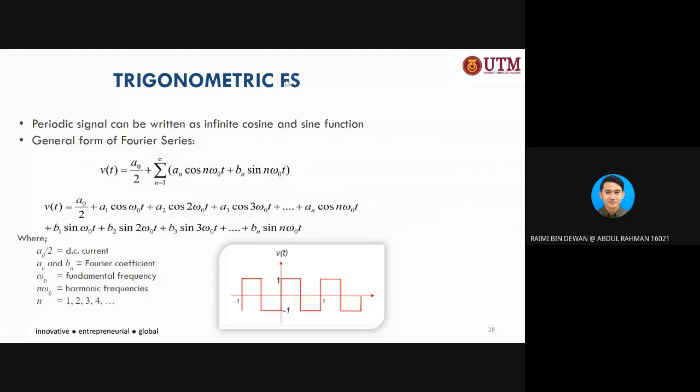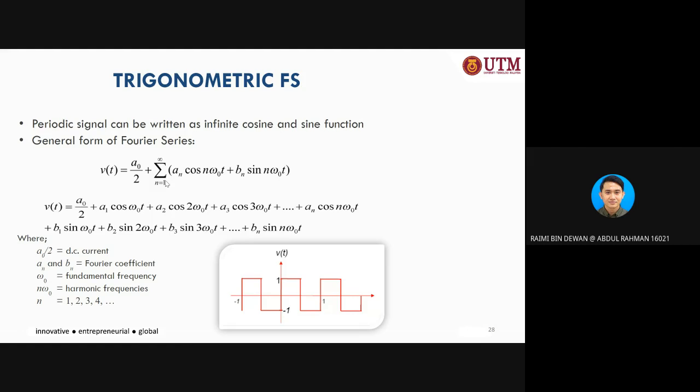Trigonometric Fourier series. So the word trigonometry means we involve cos and sine. A periodic signal can be written as an infinite sum of cos and sine functions. So, the general form of the Fourier series. We have v(t) equals a naught over 2